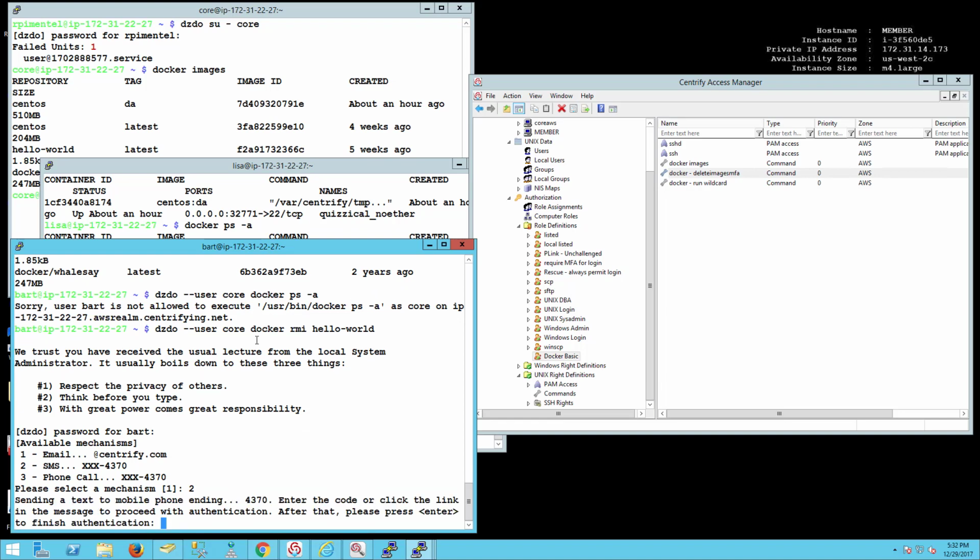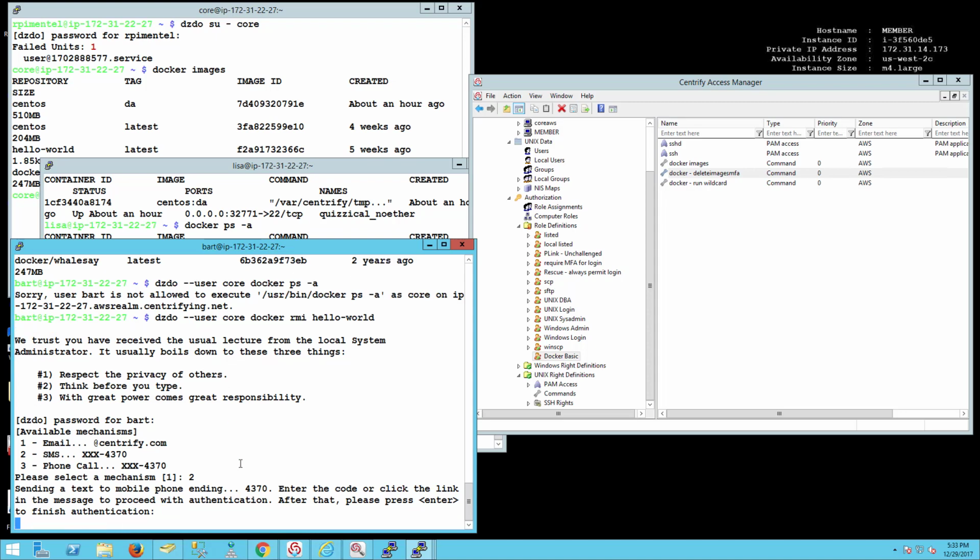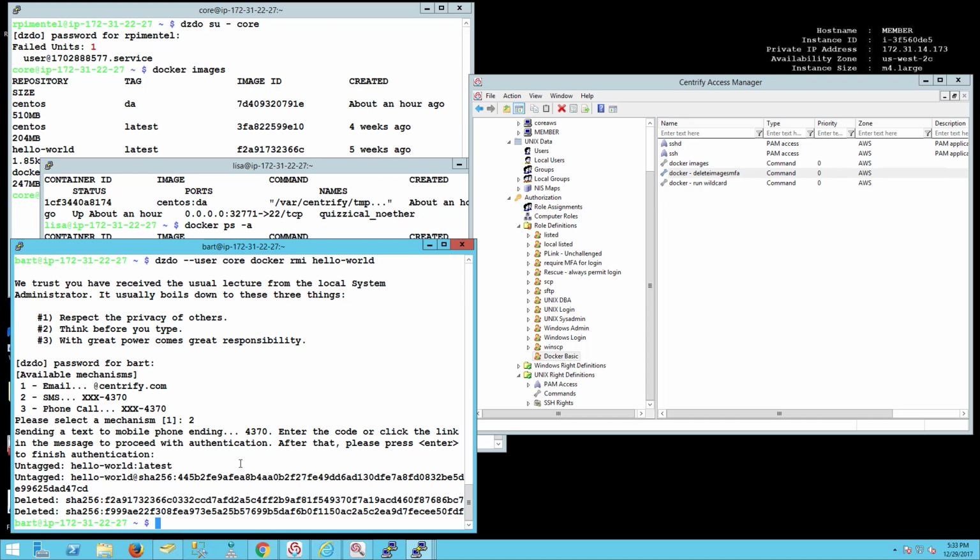We have different ways to do this. I can type in the code, or I can just simply go through the workflow here and do the push notification. So once I push the button here, all I need to do is press enter, and the command is going to be executed correctly here. So what am I accomplishing here?